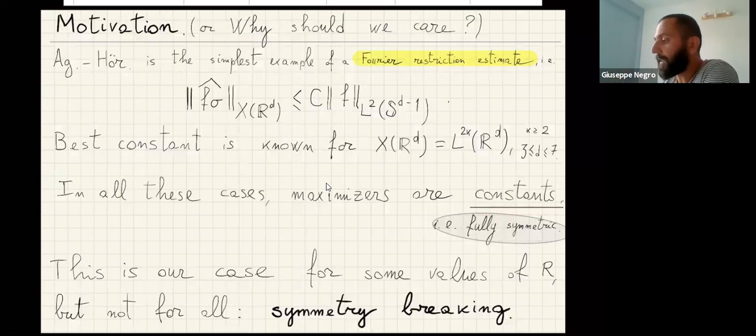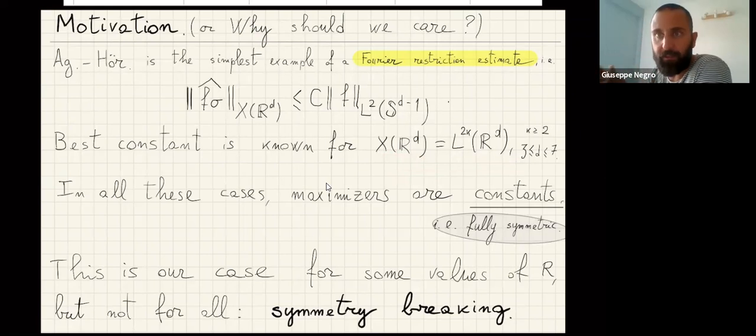So here you have an inequality which is rotation invariant, of course. Here you take a space that is rotation invariant, typically. So you might expect the maximizer to be rotation invariant as well. This was always the case for these estimates there, but it's not the case for us, because